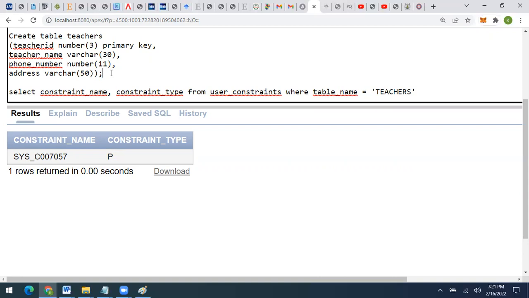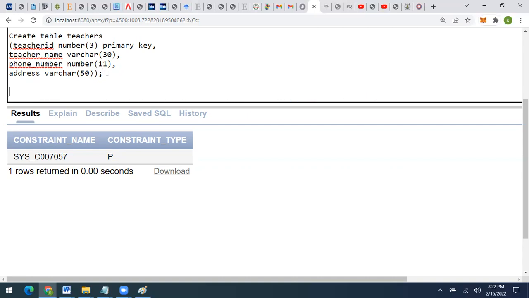And if you want to create a constraint with a user created name or user generated name for a specific attribute, you can also do that by changing this command a little bit. So first of all, let's delete this constraint from this table, and then recreate this table with a user generated constraint name. So let's delete this constraint. To delete the primary key constraint from this table, you need to use the alter command, alter table, and then the table name. The table name is teachers, and then you need to drop constraint,